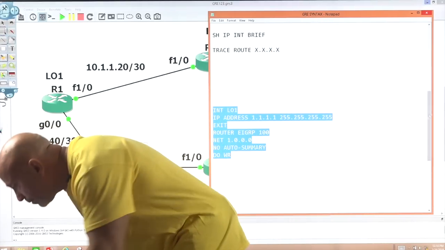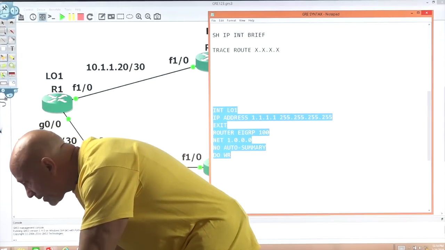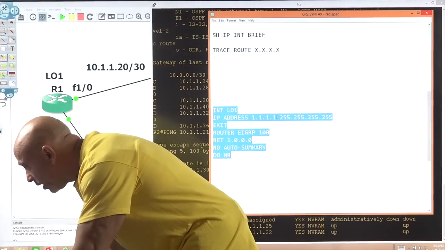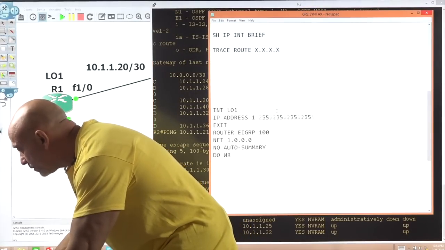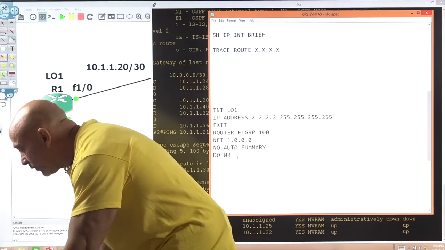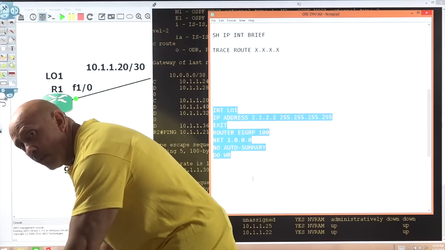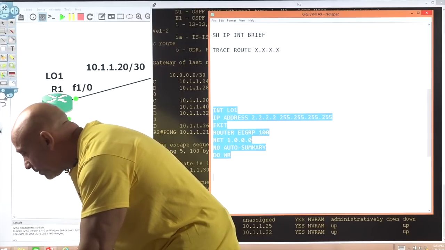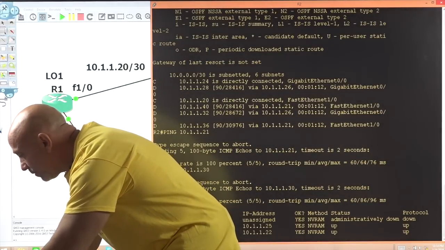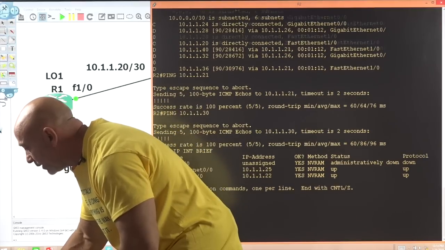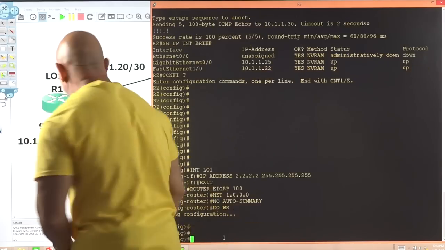Let's go to router 2. Since it's in Notepad already, it makes life a whole lot easier, because all I've got to do is change this to 2.2.2.2. And I'm done. Isn't that wonderful? And this time I did a couple of enters at the bottom, that way it'll enter the do WR, and I don't have to do it. Control C. Config T. My typing is horrendous. Let me bring that up a little bit, and we'll just paste that there.